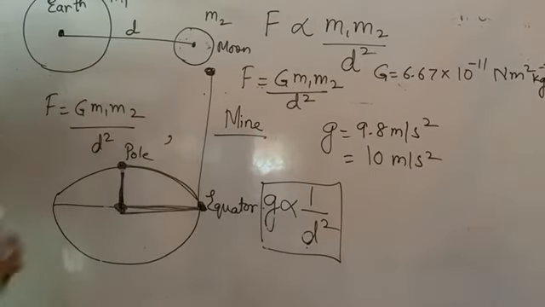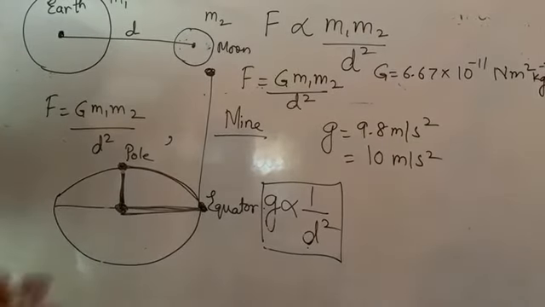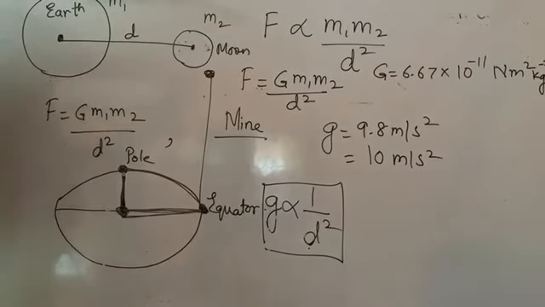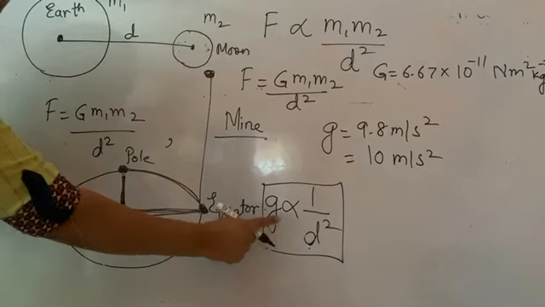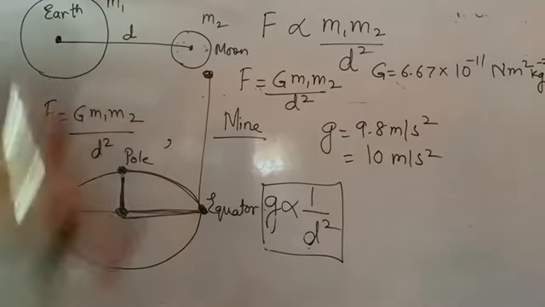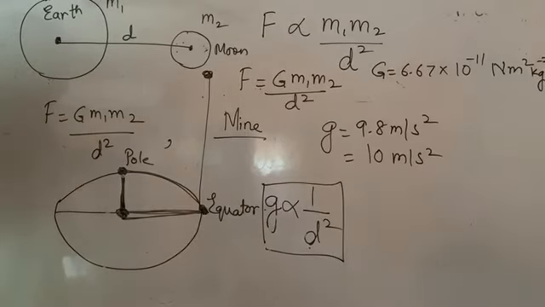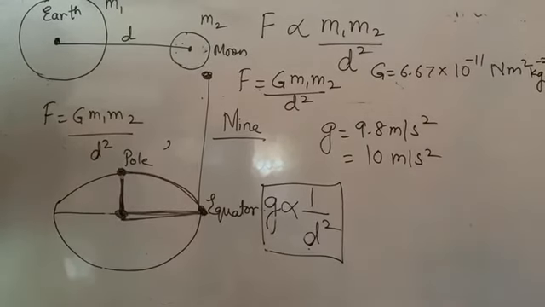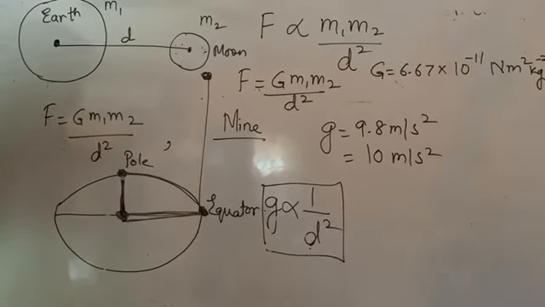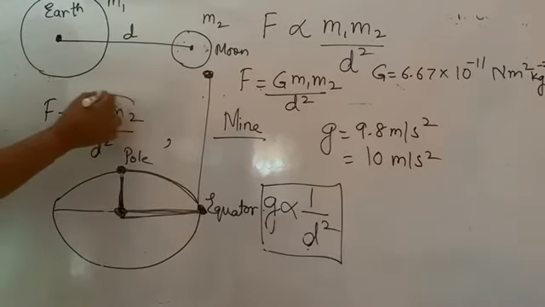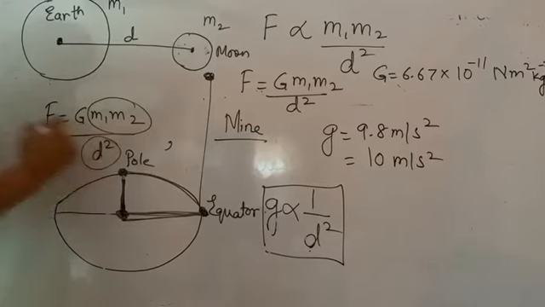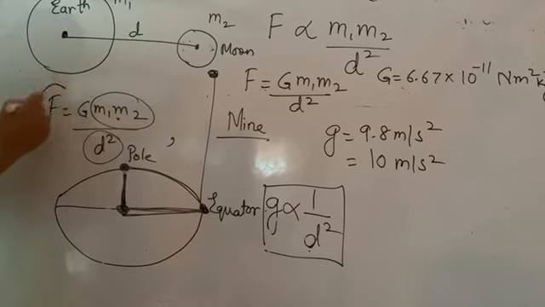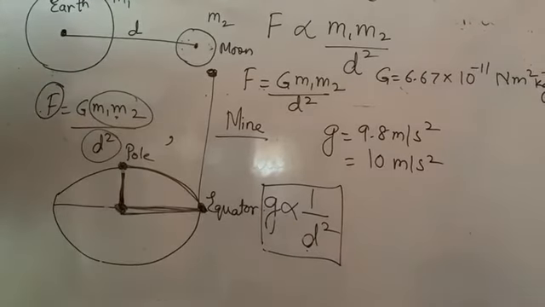But a mine is not at the center of the Earth. You are just digging some part of the Earth and going towards it. Actually, the distance is decreasing. If distance is decreasing, acceleration due to gravity should increase by this. But at the same time, the mass is also decreasing. What is mass? The soil which you are removing is the mass. The mass of the body is decreasing very rapidly because a lot of earth is dug out, and only then a big huge mine is created. So that mass is comparatively much lesser than the distance being reduced. And when the mass becomes so much less, the force of attraction or acceleration due to gravity becomes less.